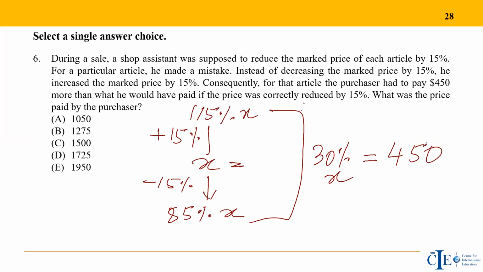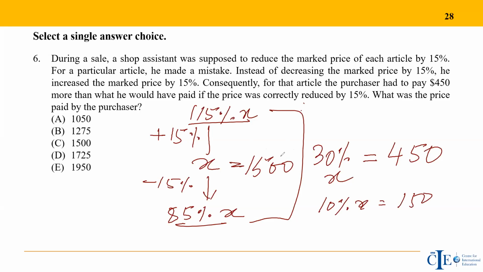Right? So, and hence consequently, the consumer wanted to pay this price, but ended up paying this price. And eventually he paid 450 extra. So this difference of 30% is equal to your 450, right? Now, if 30% is 450, then you can say 10%, you can just do that orally, would be how much? 150. And if 10% is 150, that means the original price is 1500. So the original price of the article is 1500.